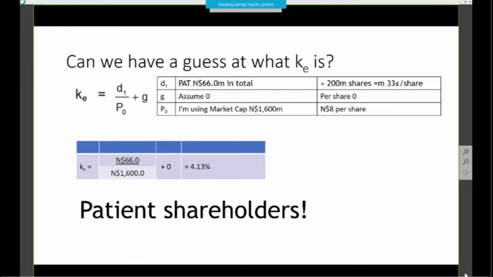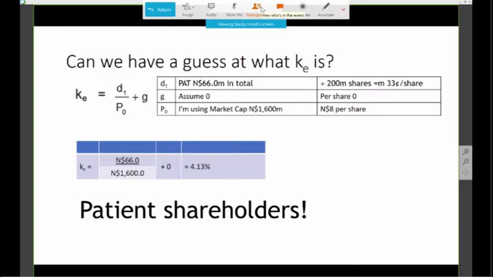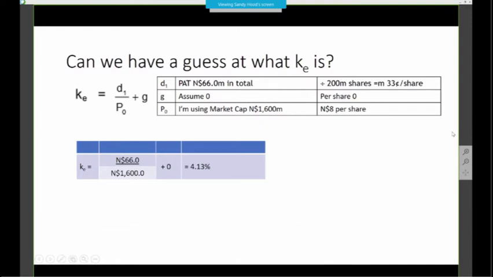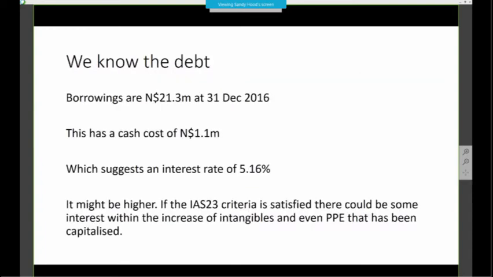We've got a number of people who are part of the family that set up the business involved, which could mean that they are a bit more patient than most. But certainly if you're involved with businesses like this, then you can well imagine that you'd have shareholders standing up and shouting at annual general meetings and things like that if this was the kind of return that they were getting. So this is our guess. We've made a whole load of assumptions in order to get there.